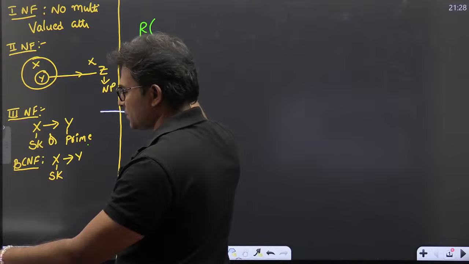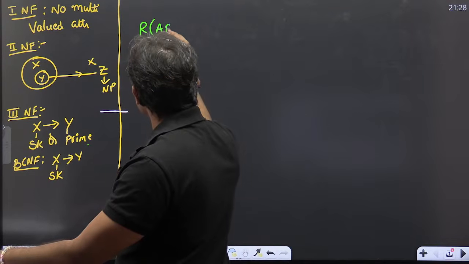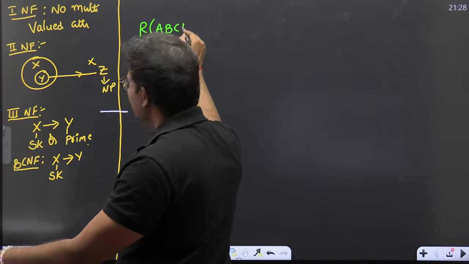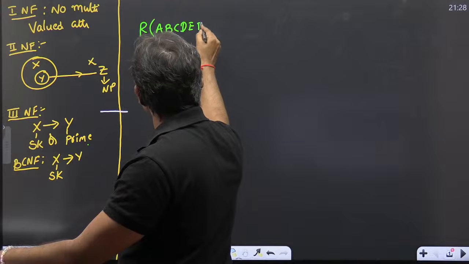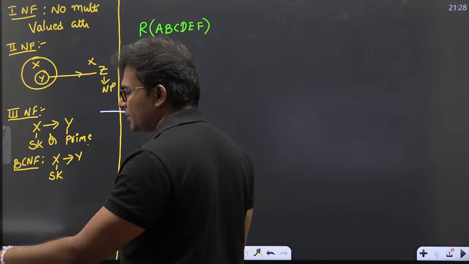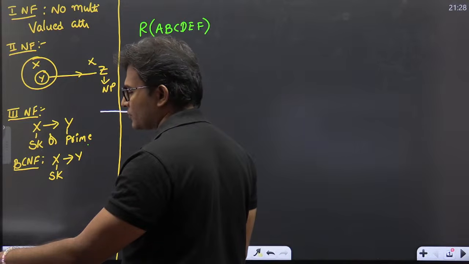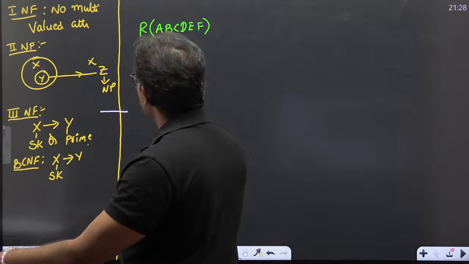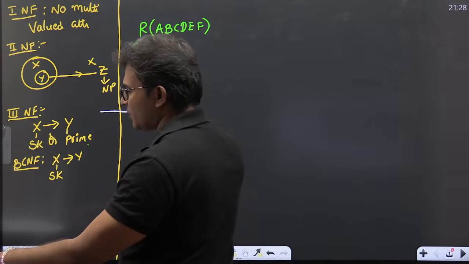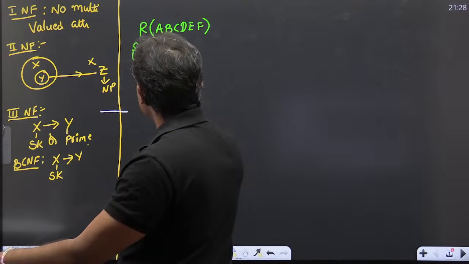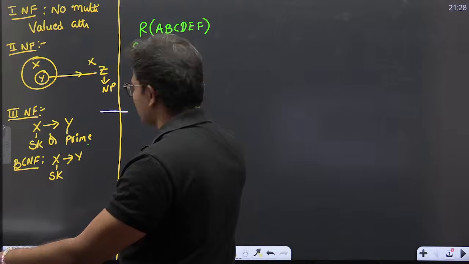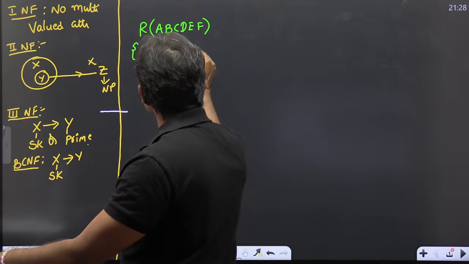Relation R is A, B, C, D, E, F. Okay. Now, the functional dependencies given are AB determines C, C determines D,